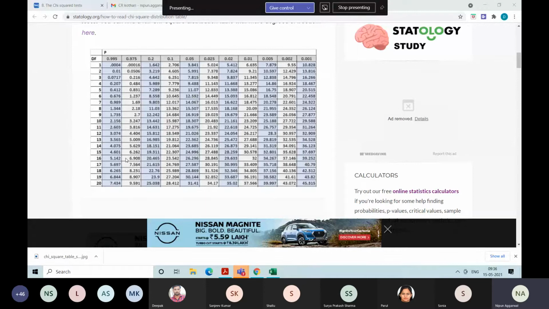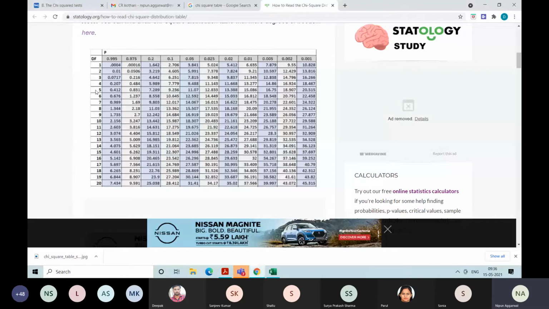So here the first is your degrees of freedom again, and here is again the level of significance, in the same way as we have checked for the t-test. So the way of checking is the same, but there is a different table for the chi-square. Clear? So here our degrees of freedom is based on the total number of observations, the total number of events, which is 6 in number. So we have 1, 2, 3, 4, 5, 6. So our degrees of freedom become n minus 1, which is 5.